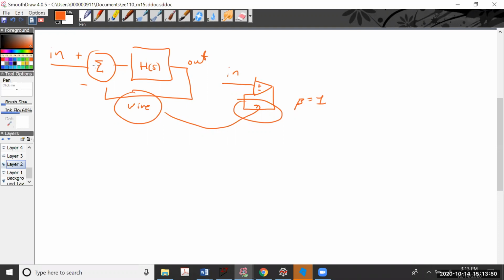So let's just review how to find V out with a signal flow graph. V out equals H of S times V in. And I'm going to drop the function of S because we're in the Laplace domain. This only works in the Laplace domain. But V out also equals its own self. It's a wire, right? Which gives a beta, that's 1. It's subtracted, but it's also multiplied by H, right? And so if we set beta equal to 1,